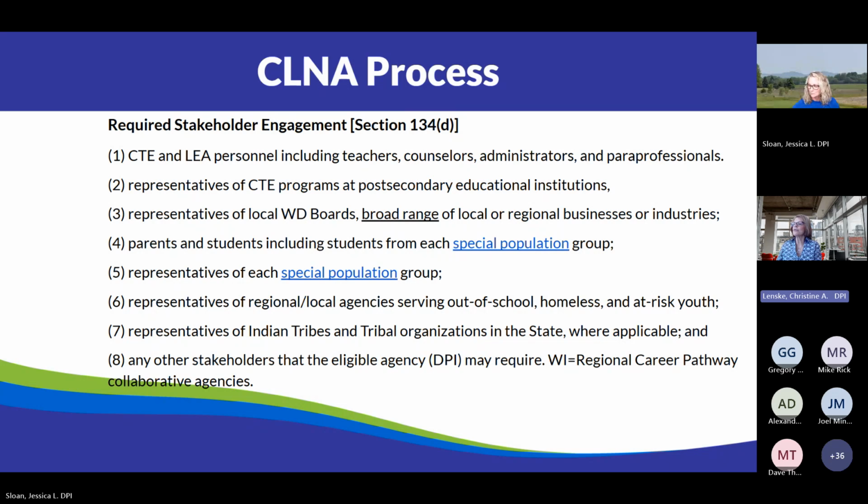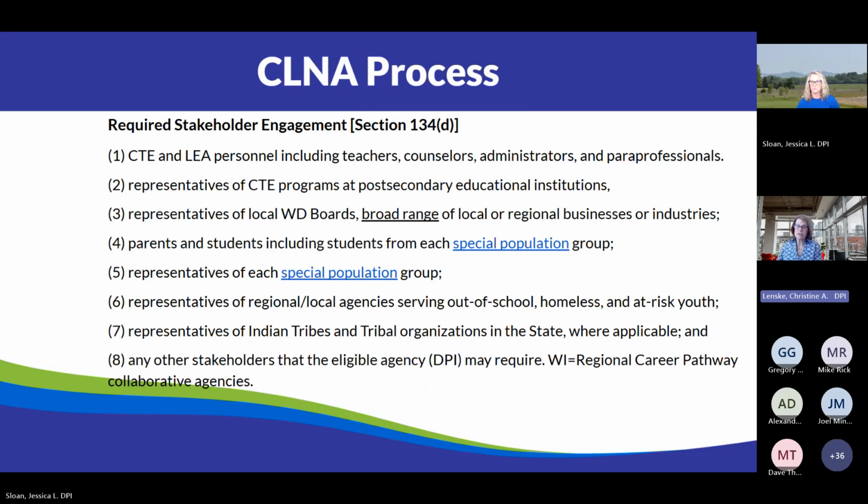Representatives of CTE programs at post-secondary education institutions, including faculty, representatives of local workforce development boards, and a range of local or regional business and industries, parents and students, including students from each special population group,